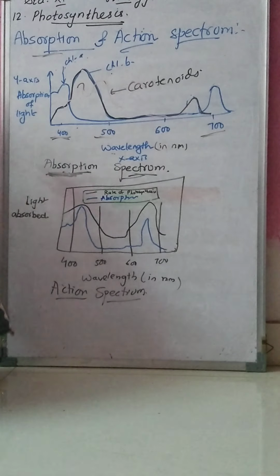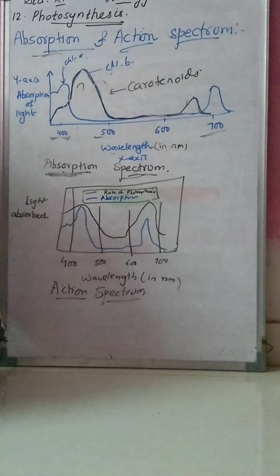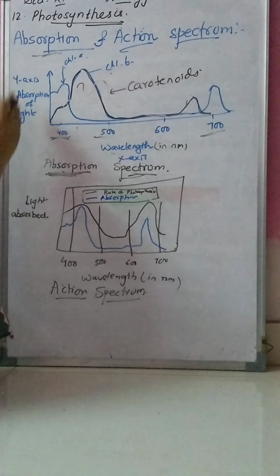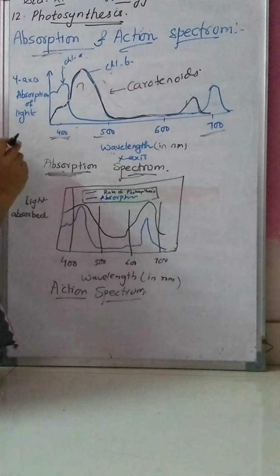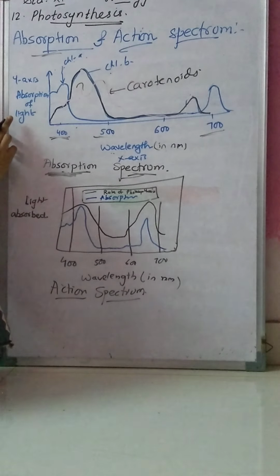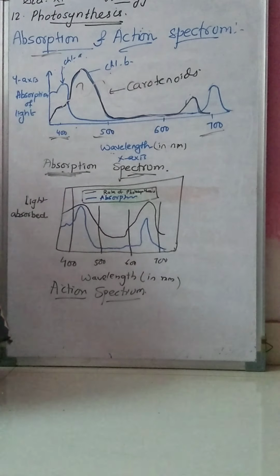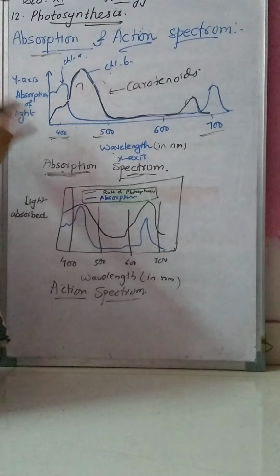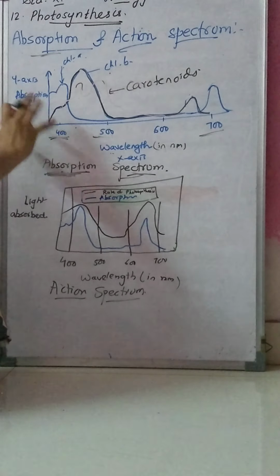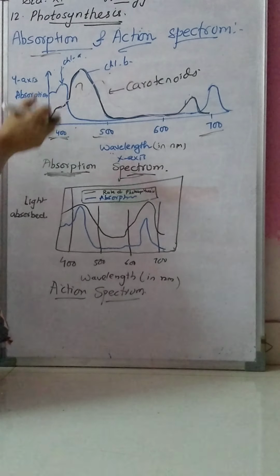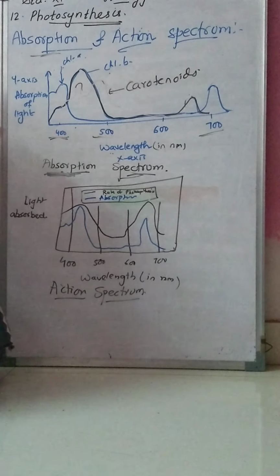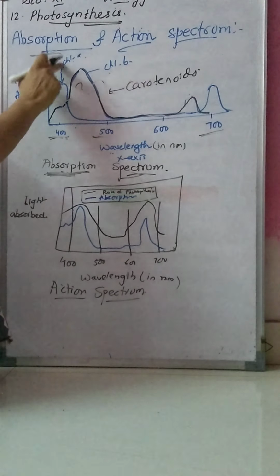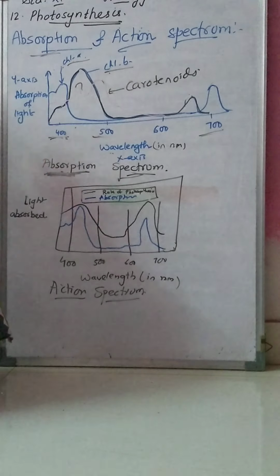Now the rate of photosynthesis at different wavelengths, you can see different wavelengths are present. So this shows that there is a close relationship with the absorption spectrum of chlorophyll A and chlorophyll B. Both of them show more absorption at blue, violet and red region. Both of them show similarity. They show a close relationship.